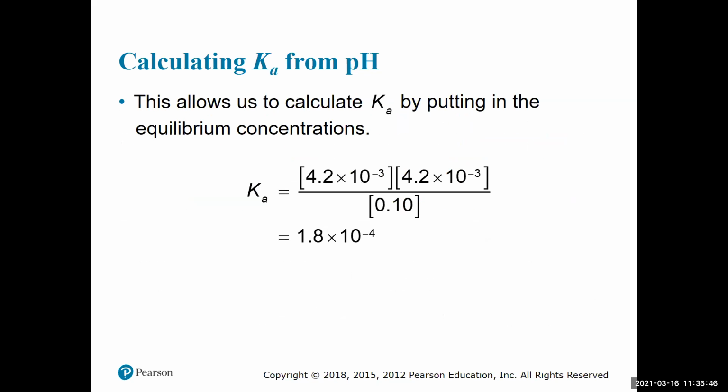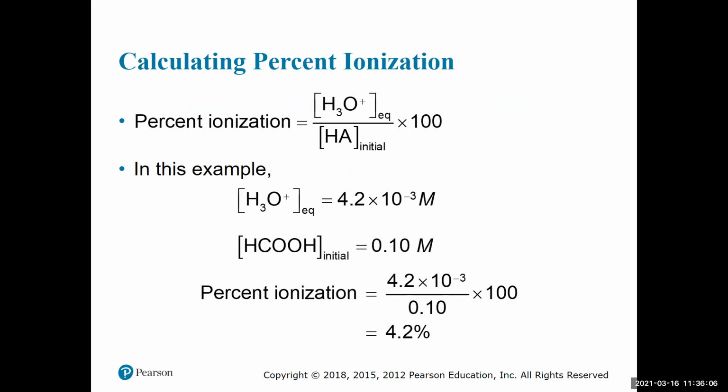So for here, you see we plug in those numbers, the 4.2 times 10 to the minus 3, both of those in the numerator, and then that 0.10 in the denominator, because we're good with our significant figures, and we're able to calculate out what Ka is. Okay, so